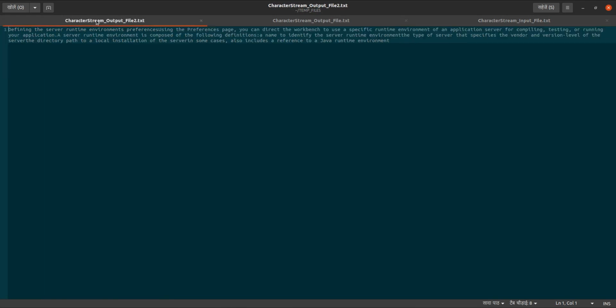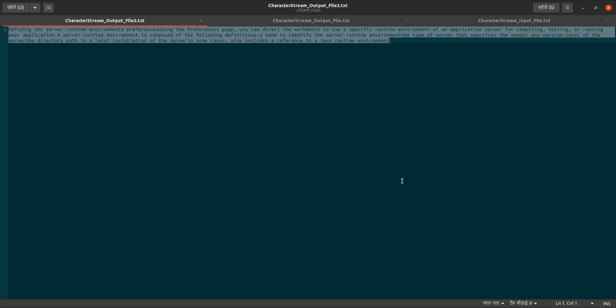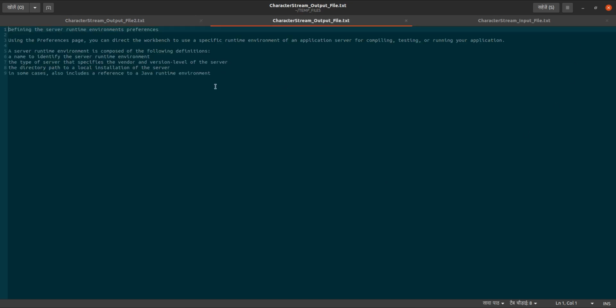But if you use this character buffered stream, the new line will not come, because it is reading only line by line. After each line, the next line you have to give explicitly. But if you use reader and writer, everything will come in the same order. So this is the one difference you will get.